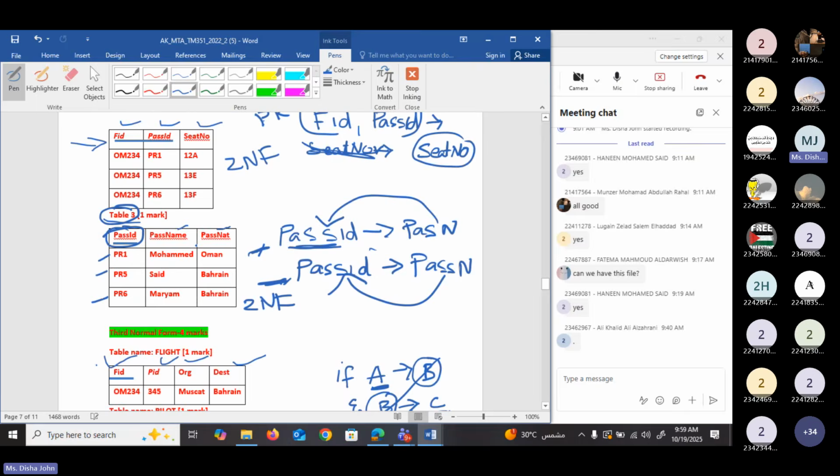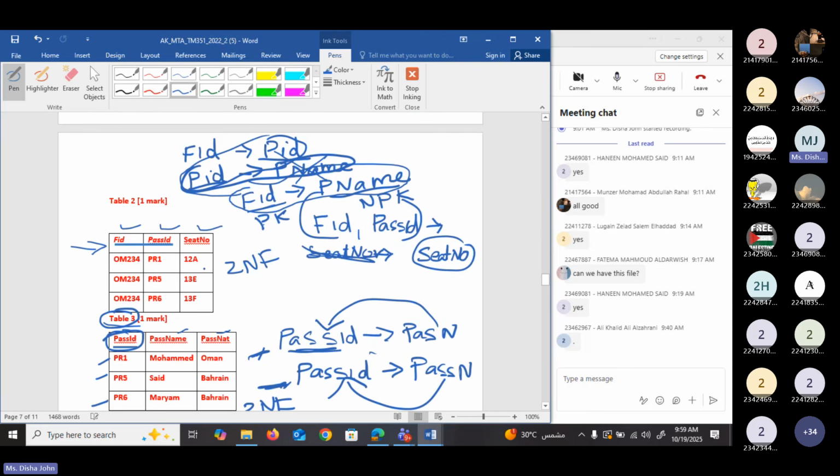Okay, now we are moving to the next table. This is the next table: flight ID, passenger ID, and seat number. We consider flight ID and passenger ID as the primary key, because it is underlined. Then here we have only one more column. This is on the left hand side and this is on the right hand side.